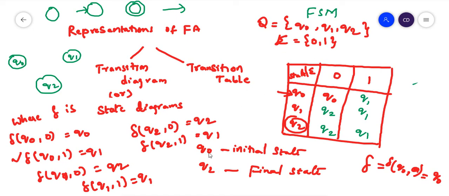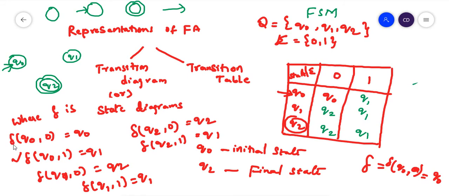What does your finite state machine say? Q0 is your initial state. How can you represent the initial state? By using an arrow with a circle. So I'll make Q0 the initial state in my transition diagram. And what will be my final state? Q2. So I can make Q2 a final state by drawing a double circle around Q2. Now Q1 is an intermediate state. So Q0 is the initial state, Q1 is an intermediate state and Q2 is the final state. Now you can draw the edges from one state to another depending on your transition function.